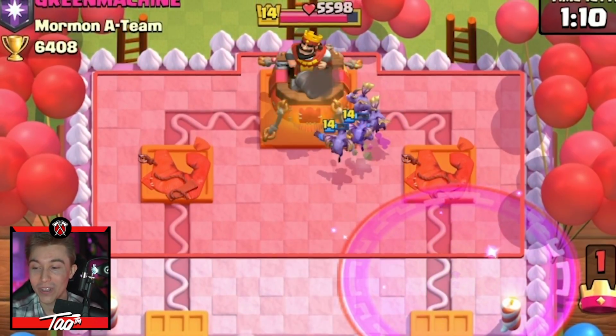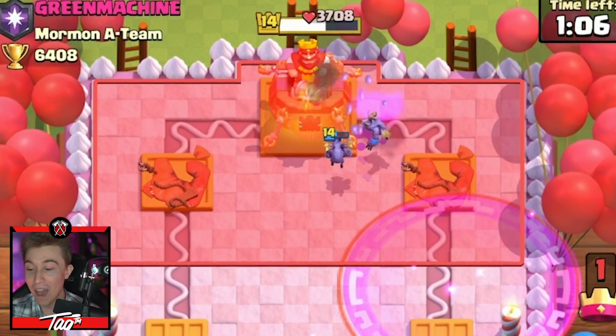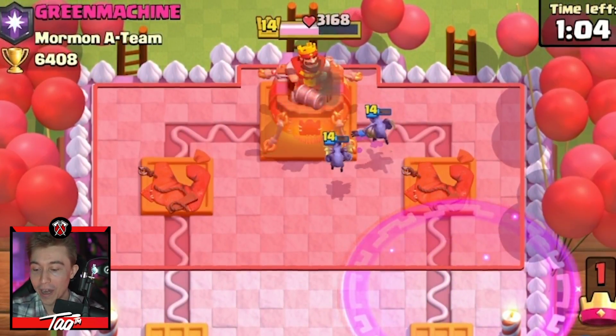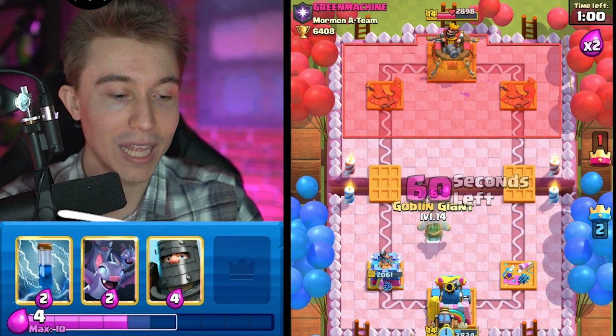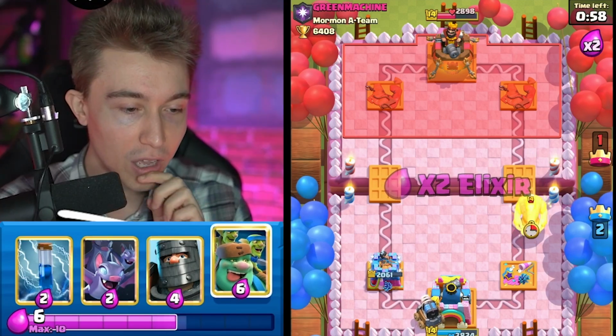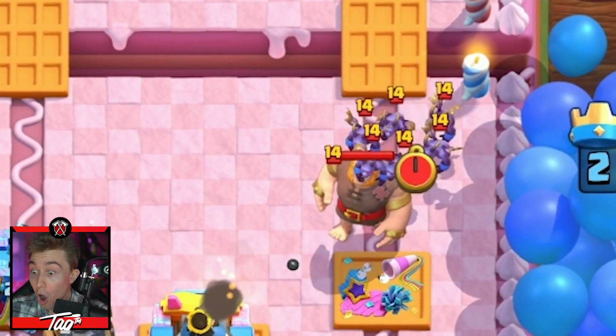Start spamming into my Sparky. You know you want to. Going for a giant and a mini P.E.K.K.A again into the Sparky. I have it in my card hand. I'm here for it. Only thing that could be problematic is if he goes in for the 3 crown and tries to rush through. But then I could kite it with the Goblin Giant into the Sparky. That's what I'm thinking he's gonna do, too. Yeah, no, that's exactly what this man...